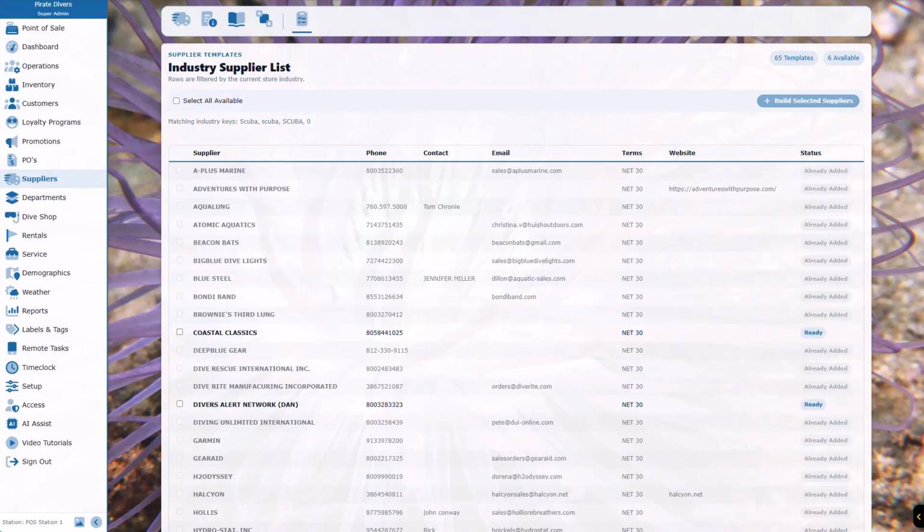Templates provide a fast starting point for a new store. Diverse Retail automatically filters the template list for the store's configured industry, so the available vendors are relevant to the business. Review the supplier name, phone, contact, email, terms, website, and status before building anything. A row marked Ready can be selected. A supplier already present in the store is marked Already Added and cannot be selected again, which protects the list